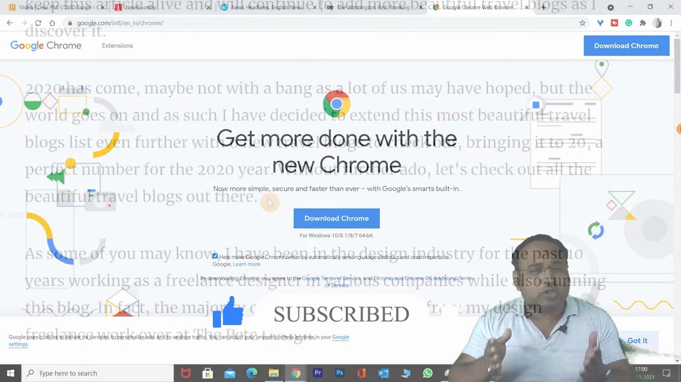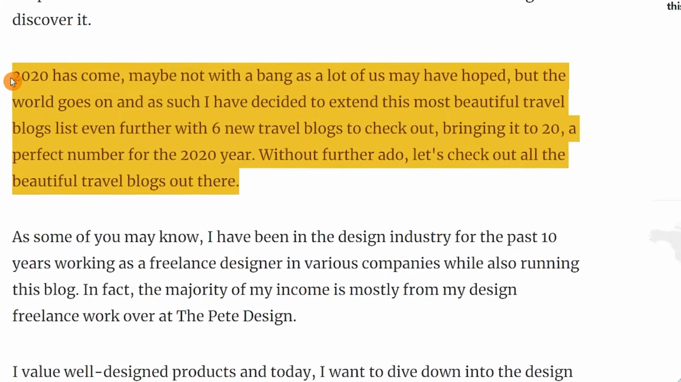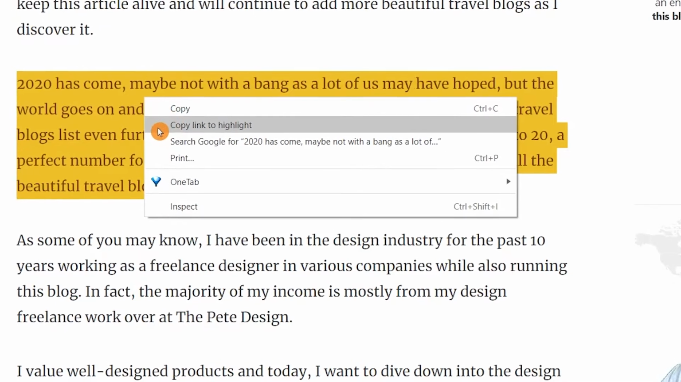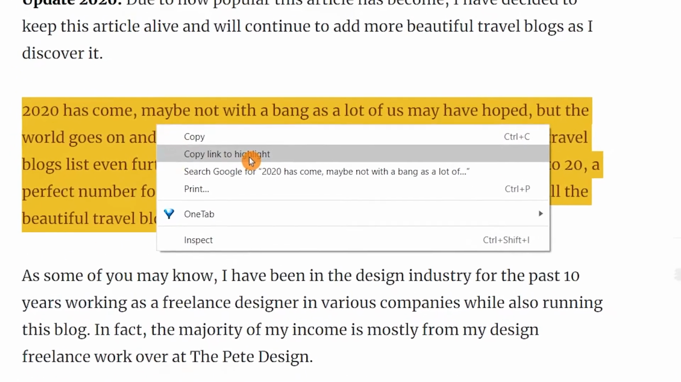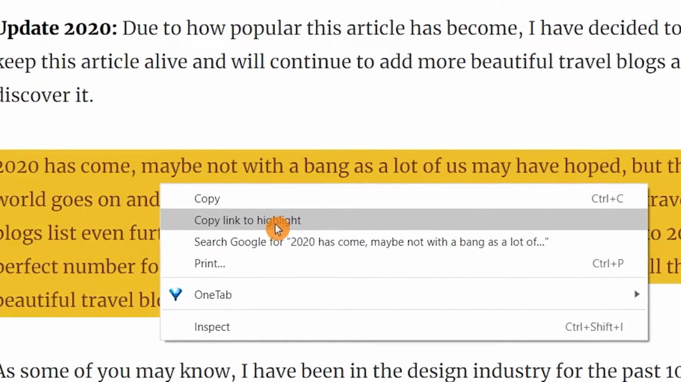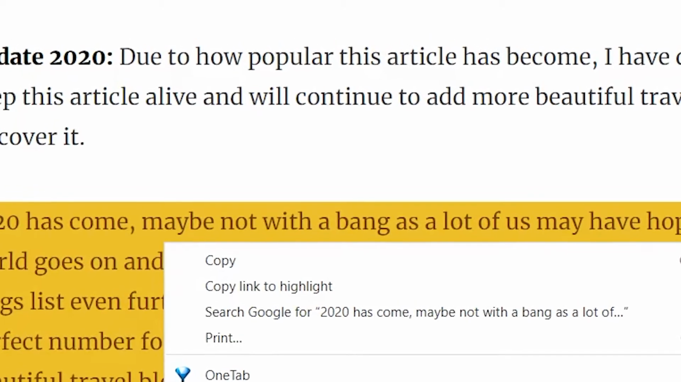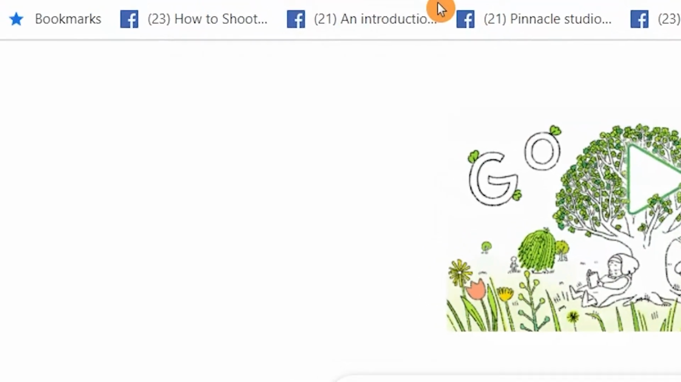How do you manage to do it? Suppose you want to share this portion of the blog with your friend or colleague. What you need to do is just select this portion, right click on it and select Copy link to highlight. Copy link to highlight might not show on your PC when you right click because the function is not yet enabled. So if you want to enable this function, you need to open another tab and type in chrome: